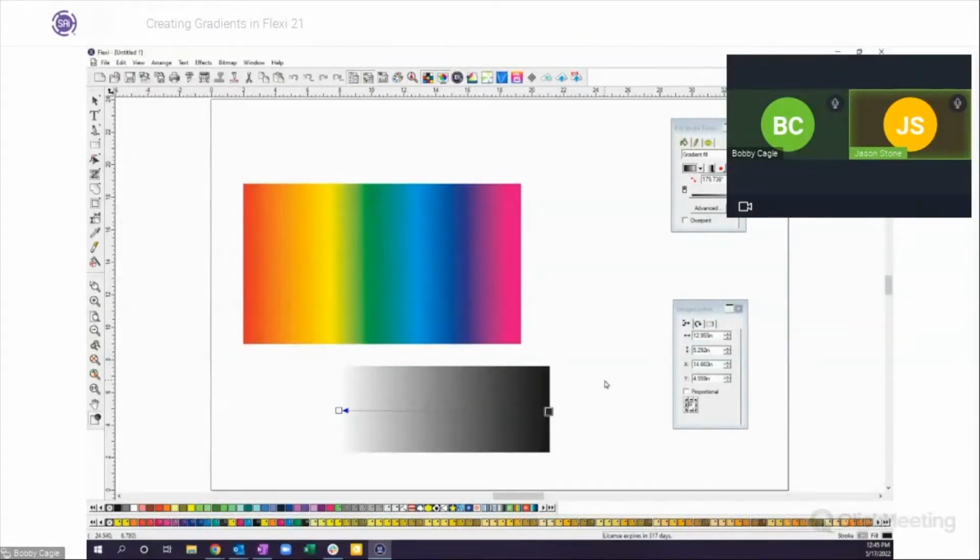The question is, how do you create a gradient from a color to a transparency? That is an Illustrator function that Flexi is not able to do currently. We may be working on that in some future revisions, but I tried to make this into a transparency and it would not do that. When I try to make this color a transparency, it just makes the whole thing